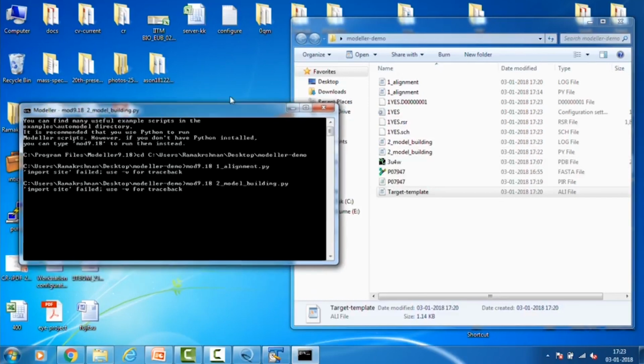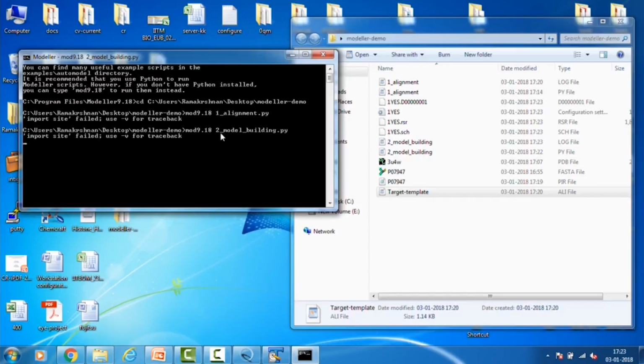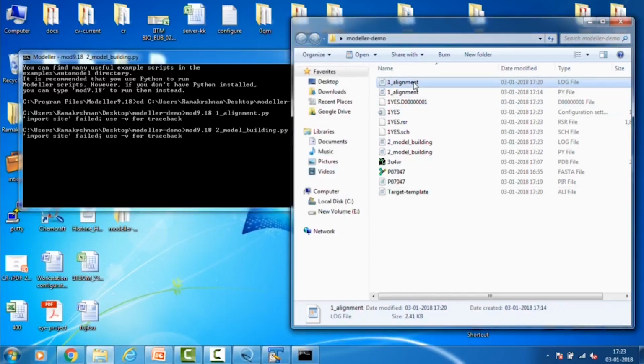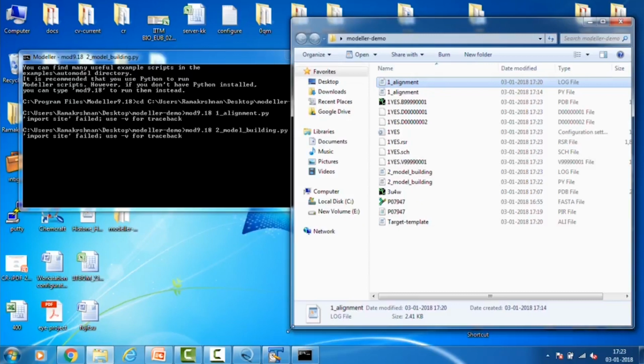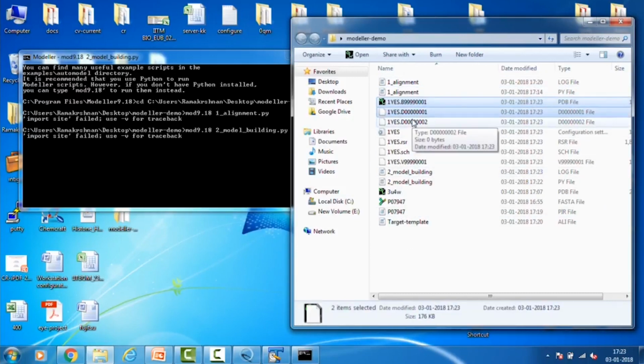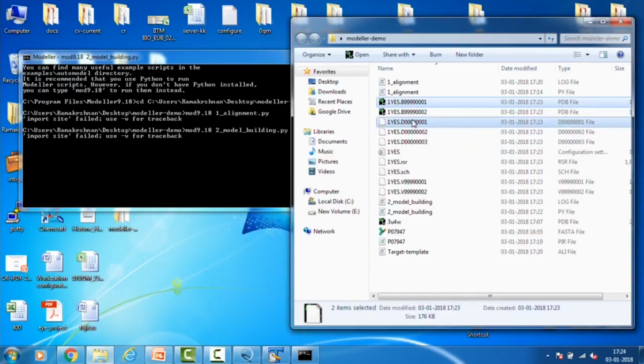So, these are the two important scripts to be edited carefully in order to perform target template alignment and model building. Once this is done, you will be getting the 10 kinase structures for the given target sequence, and you can evaluate the correctness of the model in the next step. So, we will wait for a while until this generates the 10 structures. Now you can see the progress. It generated 2 structures so far,